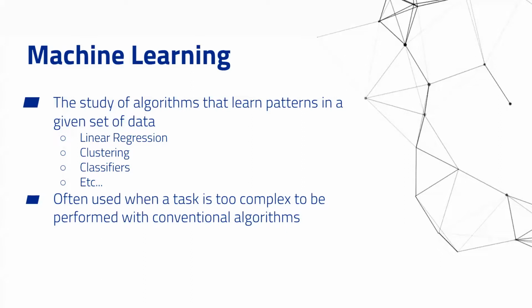Machine learning is the study of algorithms that learn patterns in a given set of data. We're basically telling a computer to recognize a pattern that's probably hard for us to recognize by ourselves. There are a couple of different algorithms in machine learning. One of the very simple ones would be linear regression. You can think of this as fitting a best fit curve or a best fit line onto data. There could be an independent variable and a dependent variable, and then you fit a line. It could be linear, polynomial, or exponential, but you're fitting a trend. That would be regression.